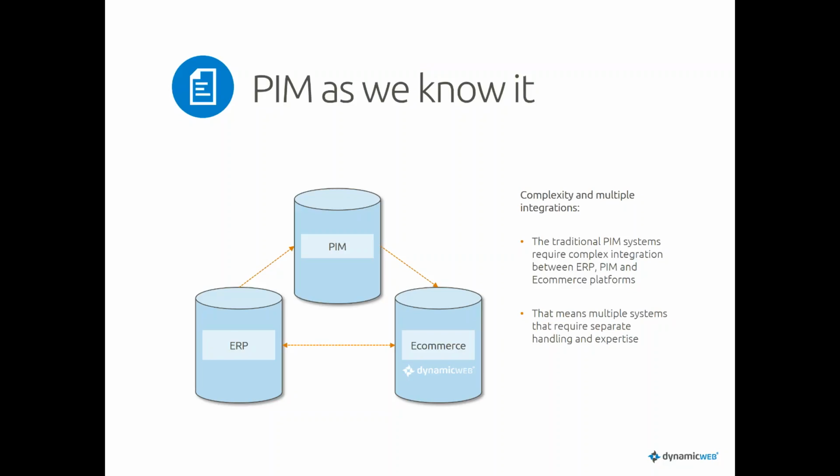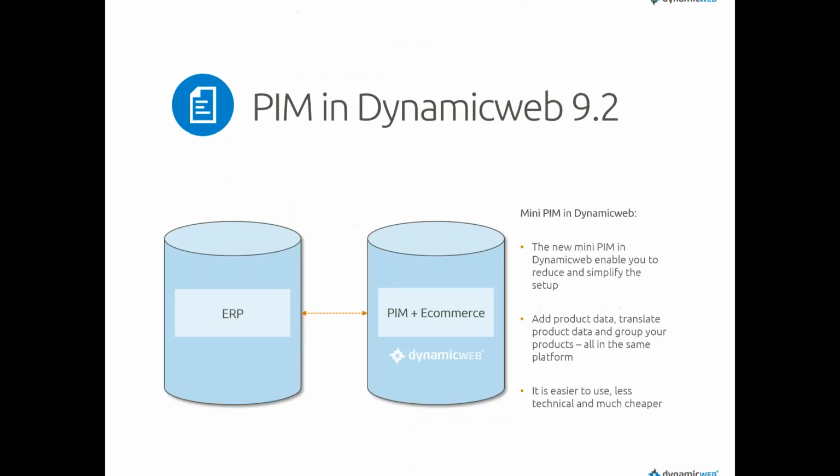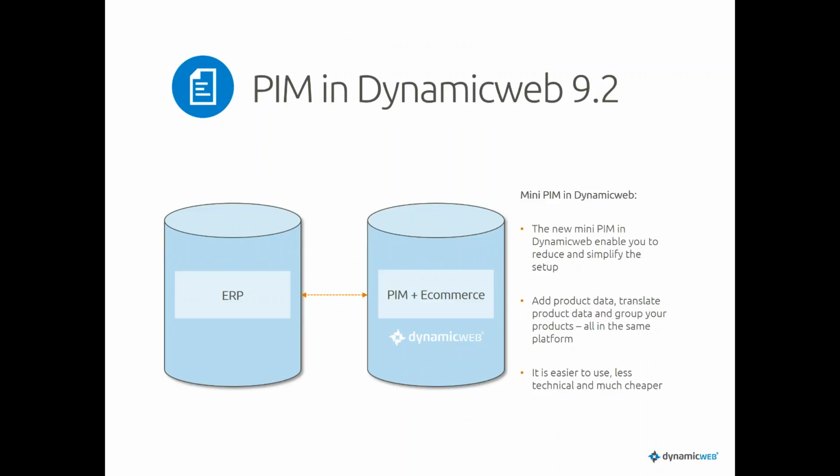So if we can take out complexity of some of these solutions, that would be really nice. So what we're aiming at with the new PIM system for Dynamicweb 9.2 is that in some scenarios we can skip the PIM system, so we can have only one integration, and the benefits is of course many. You save a lot of implementation time and licenses on having 2 systems, but you also save